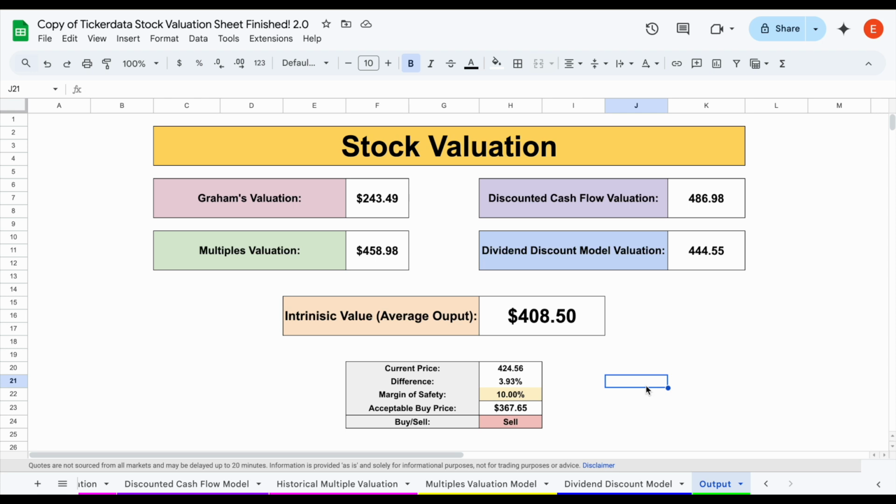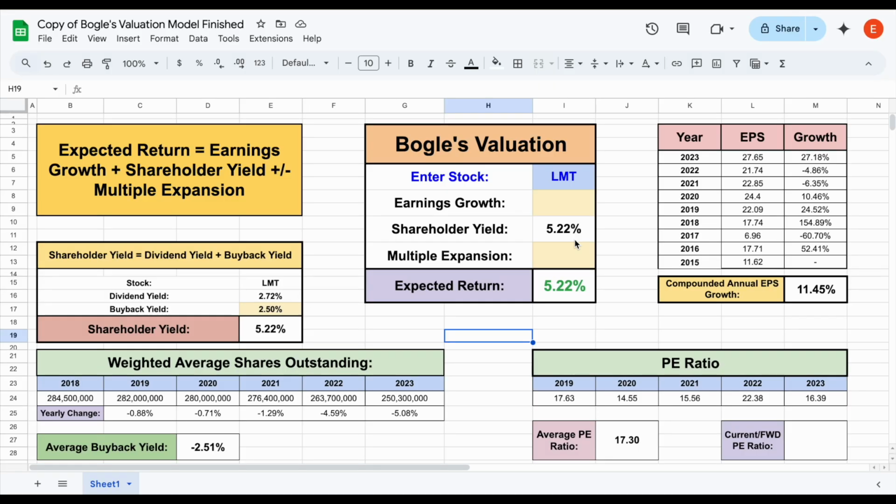But if we keep moving forward and look at our last 2 valuations, the next one is one I'm actually a huge fan of because I think it makes a lot of sense for different reasons, but it's also very straightforward and very beginner friendly, and that's going to be Bogle's valuation. So to start off, let's come up here and plug in the stock ticker Microsoft so all this data around us will load in. Now, as we can see, there's going to be 3 different aspects to Bogle's valuation. And Bogle's valuation doesn't actually give us a specific intrinsic value. Instead, it gives us the expected return of a stock, and you could do it over different time periods. And I'll talk about what it means in just a moment.